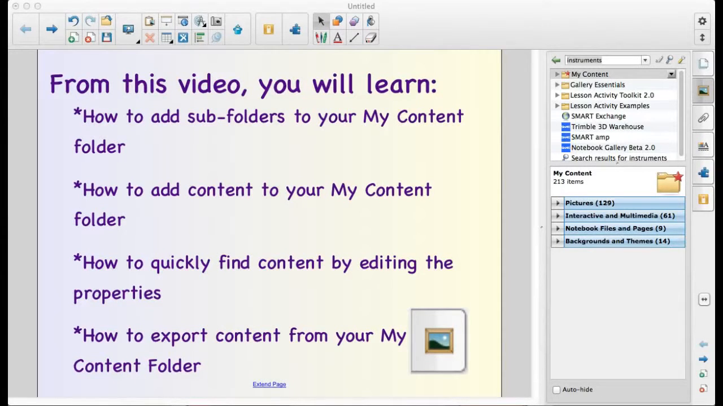Hello everyone. In this video we are going to take a look at your My Content folder in the Gallery tab. From this video you're going to learn how you can organize your My Content folder by creating subfolders. We're also going to talk about how to add content to your My Content folders, how to quickly find that content by editing the properties of your content,